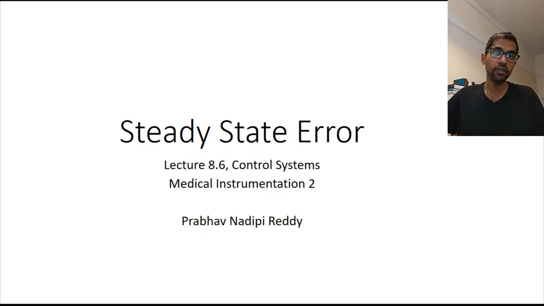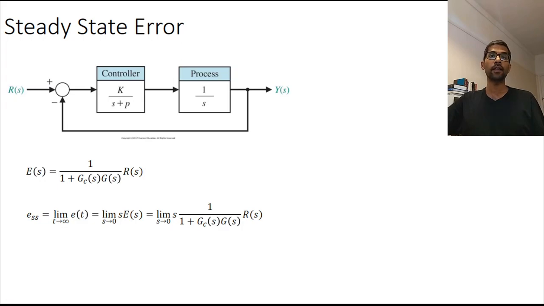Hi, let's continue our discussion of control systems and look at steady state error. Okay, so if you have a control system, as we have already said, there are two kinds of response in a control system. We have the transient response and we have the steady state response. The steady state response is the response that happens after the control system has had enough time to stabilize to